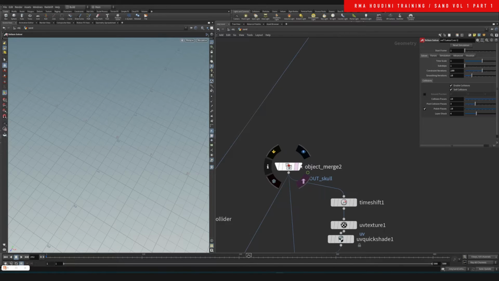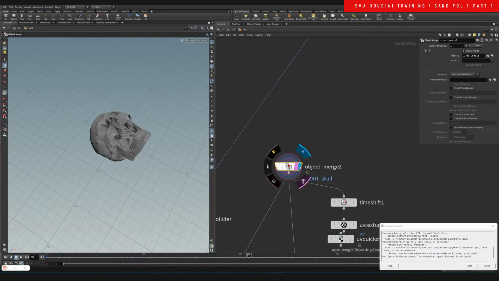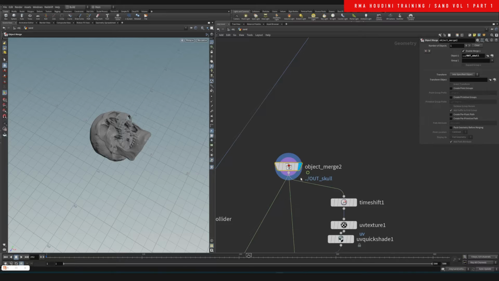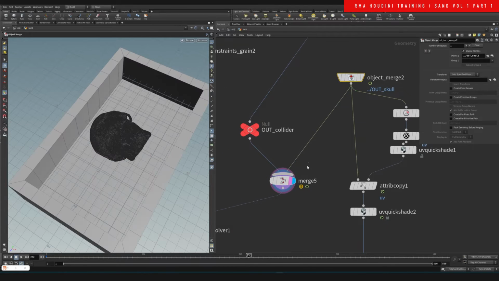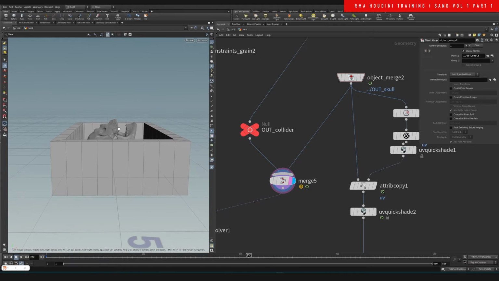Basically, this is just copying my skull, object merging in, and pasting it here so that I can have access to it when I do, like, our collision. Then we're merging it in here,